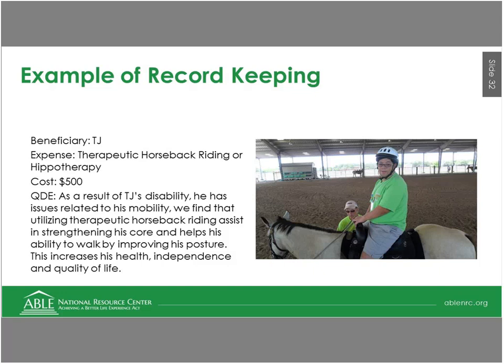That's that. So we save the receipt, and we jot down just that little explanation there, and we keep records of it. So if ever my brother is audited by the IRS, and Mr. IRS comes along and has no experience with people with disabilities, because that's not a requirement of being an IRS agent, and is wondering why in the world is TJ spending these ABLE funds on playing around on a horse, right? Because he doesn't know the therapeutic nature of hippotherapy and things like that, and then he reads the explanation. Oh, okay. TJ has problems with walking, and as a result of strengthening his core, which he does on the horse, it helps his mobility, which helps his health, independence. Oh, okay, well that makes sense.